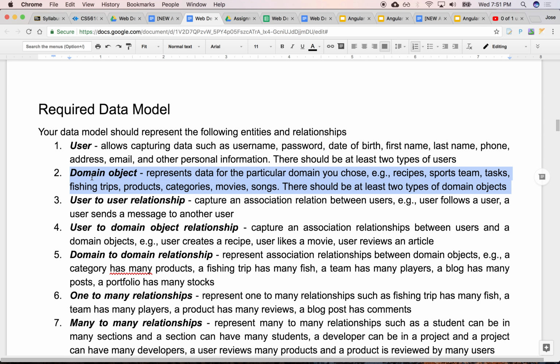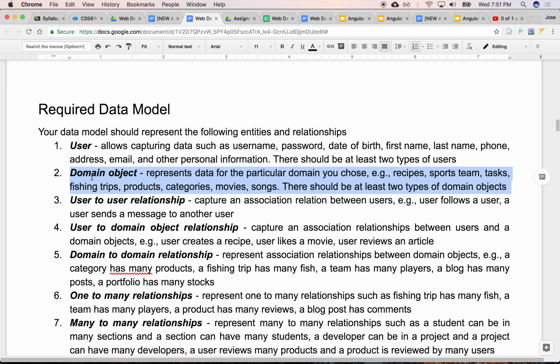So if it's a restaurant, then you have a reservation, a table, an order, a dish. All those objects you'll need to perhaps store data for, and they'll have their own attributes: the name of the dish, the name of the sports team, and so on.